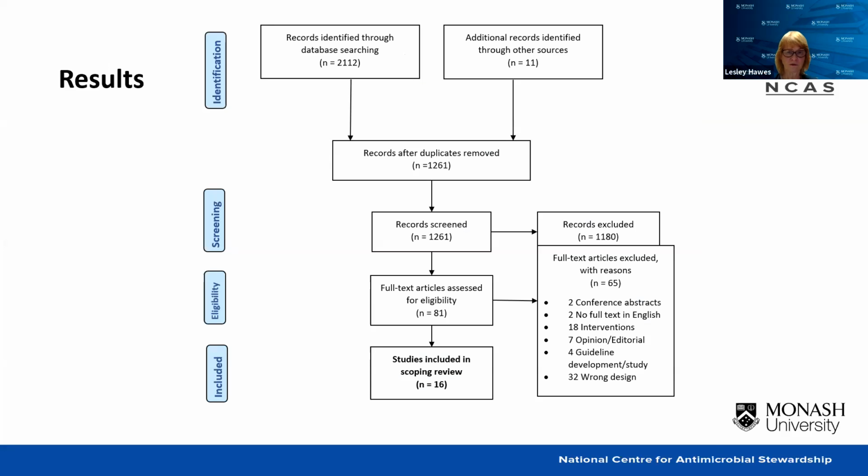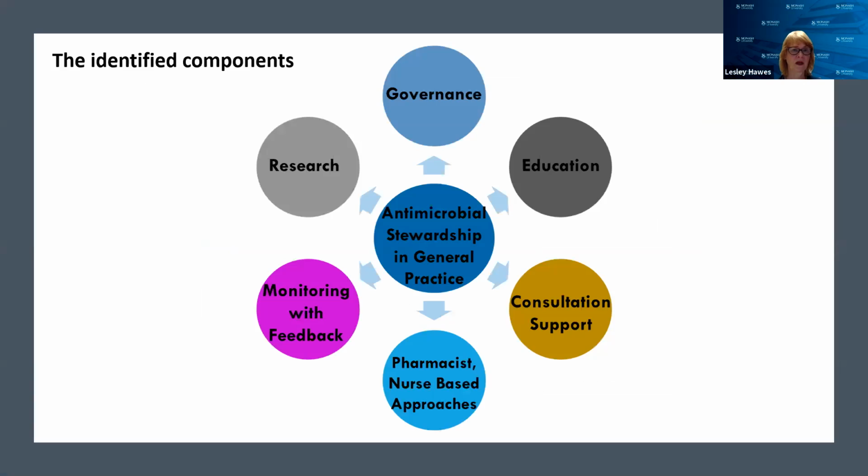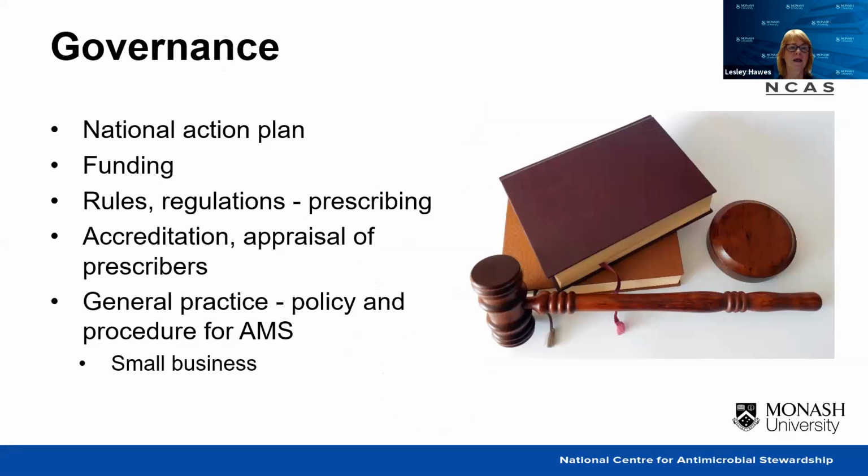Of the scoping review, I found and included 16 studies from around the world. The identified components in the literature, we broke down into 6 general components with lots of subcomponents. So the predominant categories were governance, research, education, monitoring with feedback, consultation support, and pharmacist and nurse-based approaches. In more detail,